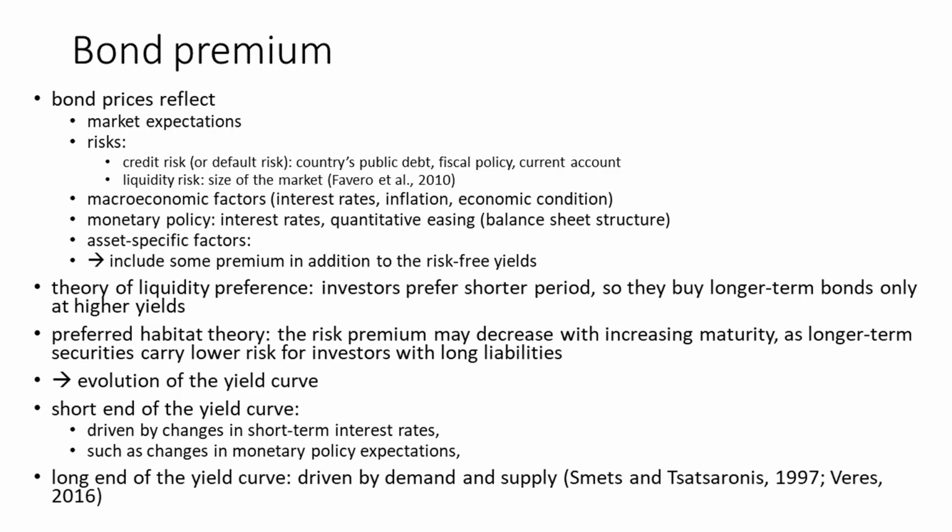So there are different theories. So there is a theory of liquidity preference. So we are focusing only on short-term periods, because this is when we can prefer or get our liquidity or maintain our liquidity. So this is what I'm doing. So I'm in the first category. But there can be also the preferred habitat category. So there are different investors for the different maturities.